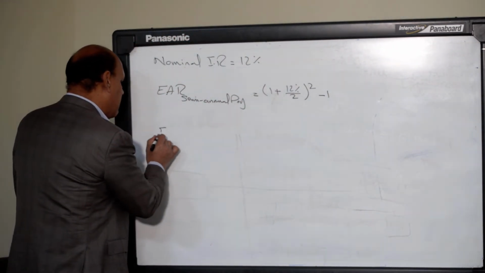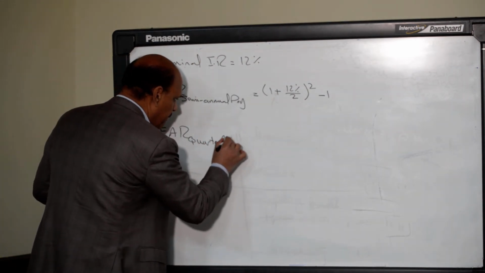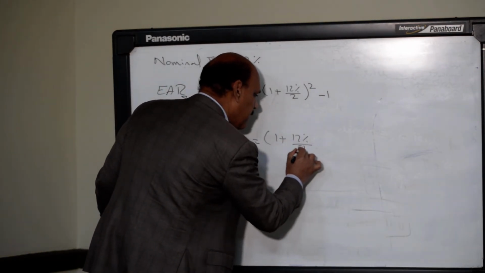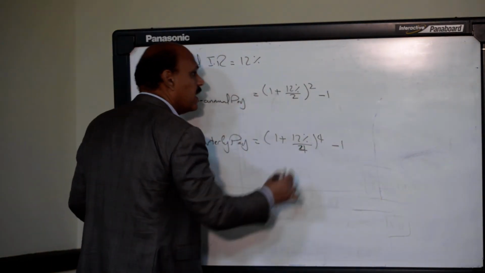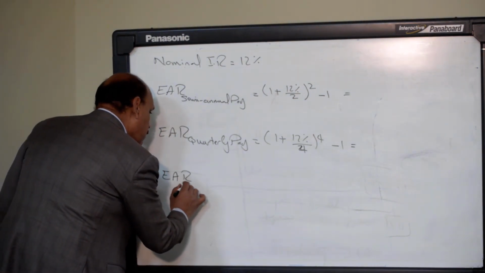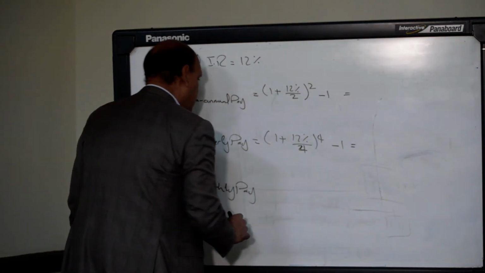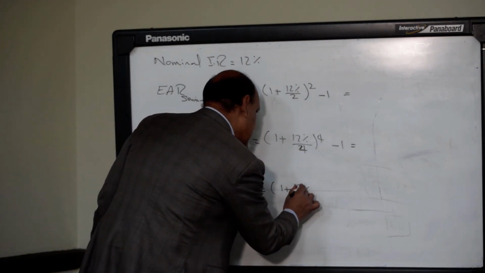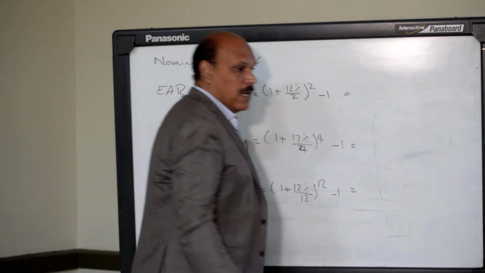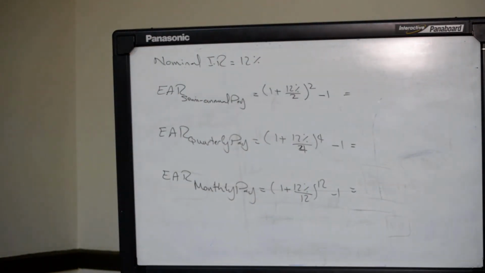And the effective annual rate of quarterly pay is going to be 1 plus 12% divided by 4, to the power 4, minus 1, equals. The effective annual rate of monthly pay equals 1 plus 12% divided by 12, to the power 12, minus 1, equals how much? Let's look at this one. Let me bring my financial calculator, which I promise you